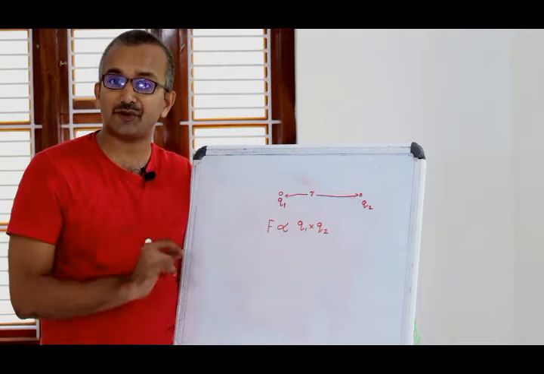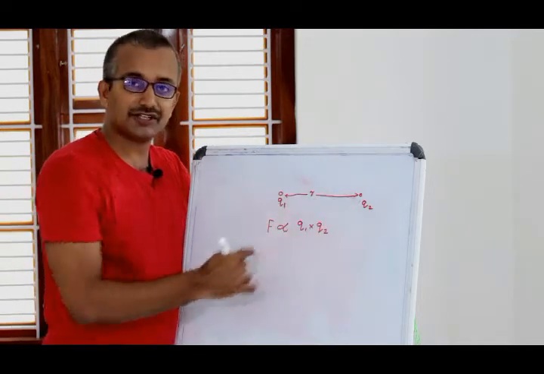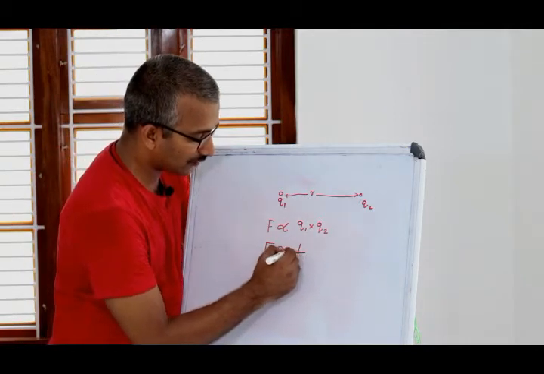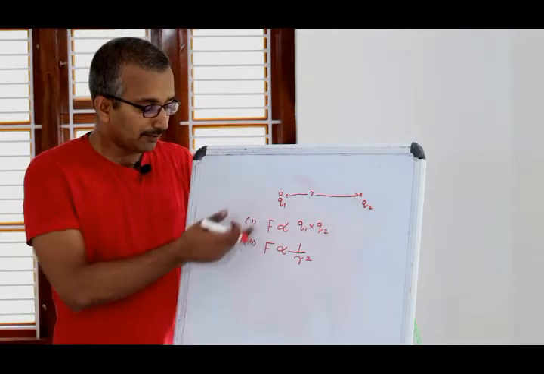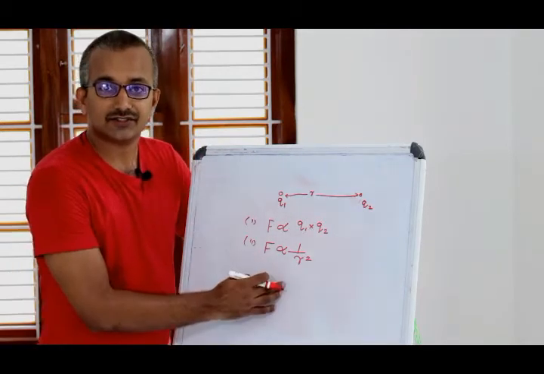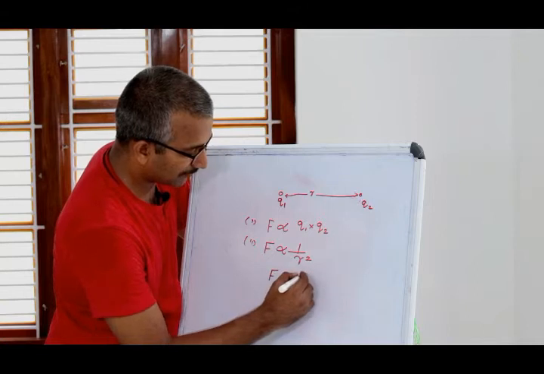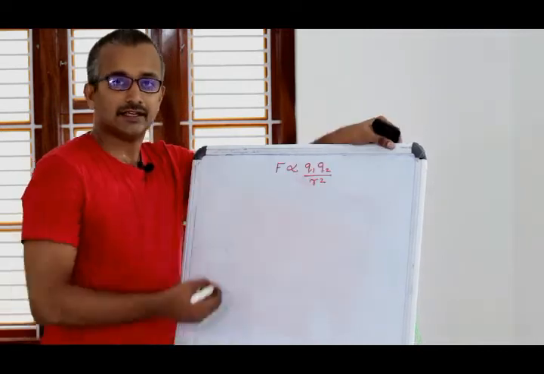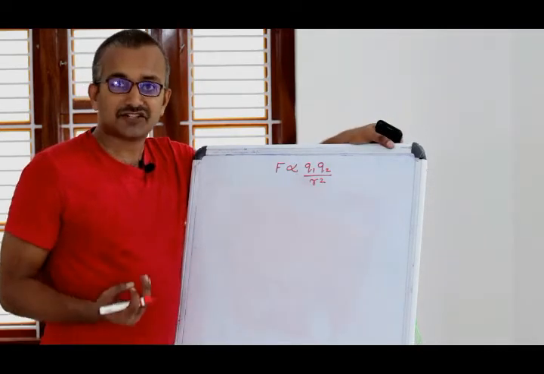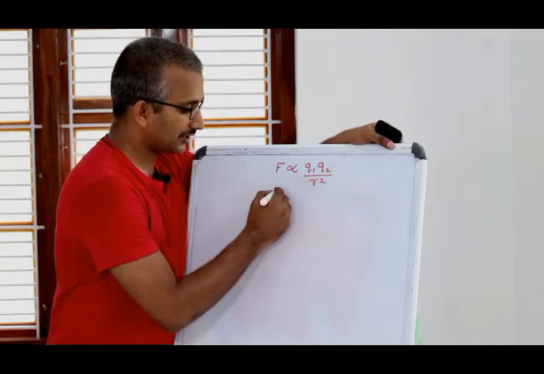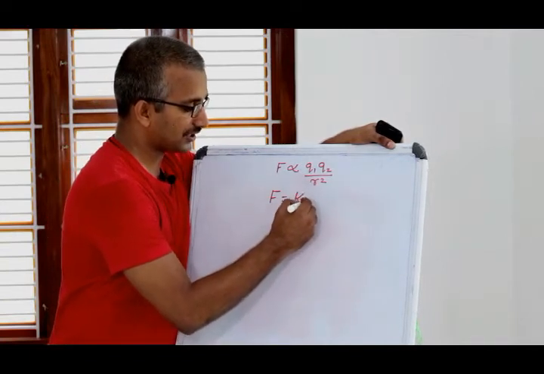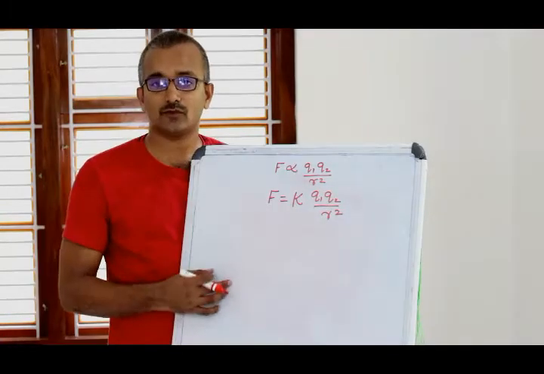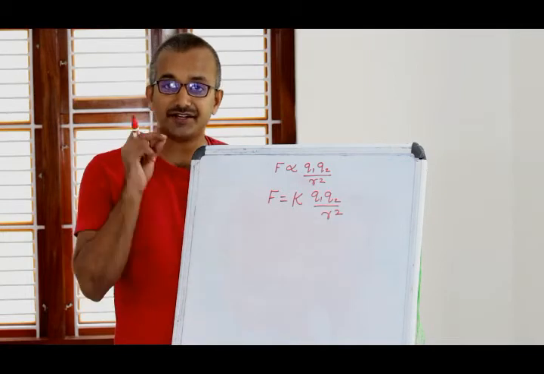of the distance between the charges. Here the square of the distance means 1 by r square. So F is directly proportional to 1 by r square. Combining these two, we can write F is directly proportional to Q1 Q2 by r square. And this proportionality can be replaced using a constant, and the equation can be written as F is equal to a constant K into Q1 Q2 by r square, where K is the proportionality constant and its value depends on